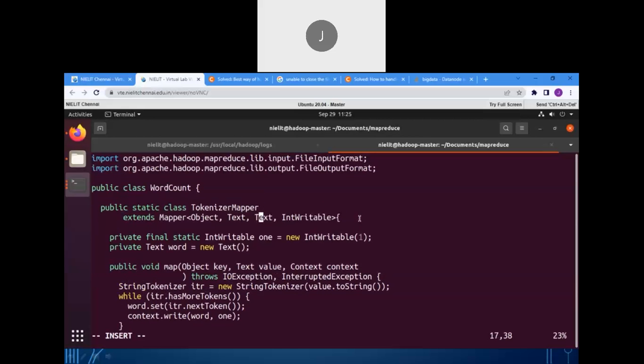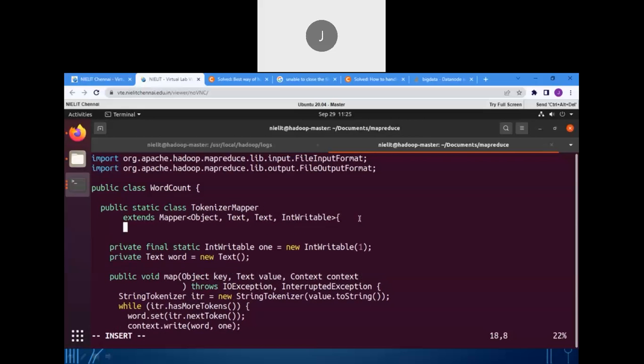So if I write it here, this is the input key, input value, and you can think that it is output key and output